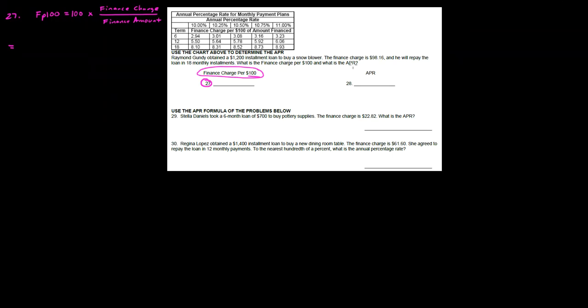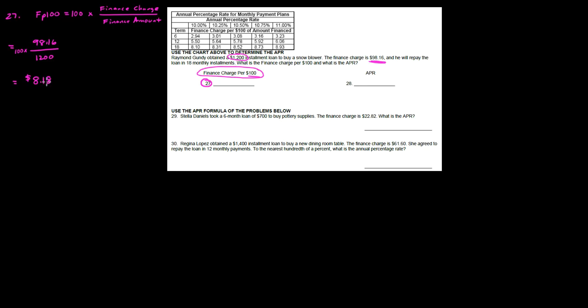But that said, what we have is $98.16, the actual amount that you're paying as the finance charge. So it's going to be $98.16. I'm going to put that over the financed amount, meaning how much money are we actually borrowing? Well, we're borrowing, it looks like, $1,200 right here. And remember, it's times 100. So I'm going to take my 98.16 divided by 1,200, and I will multiply that by 100, and it appears that we get